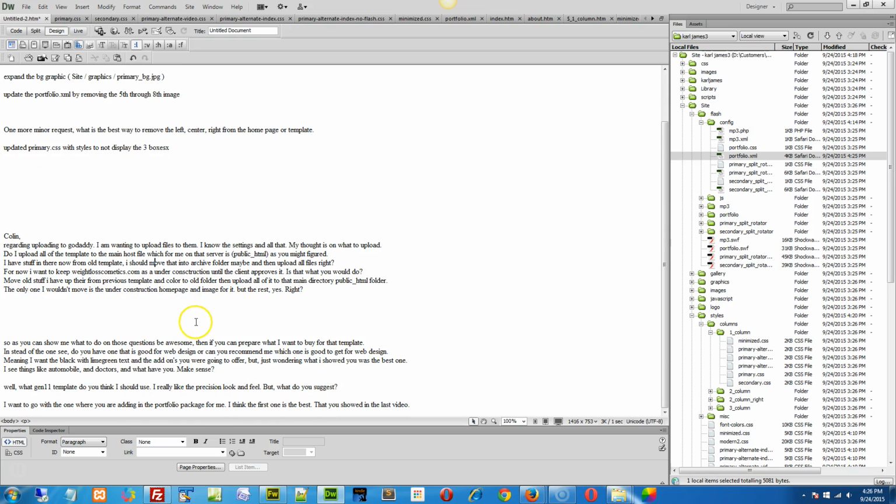GoDaddy, you've already got the hosting thing figured out. What template? Now, I love Precision, but if you're going to do this for yourself, and if the portfolio is the most important thing, go with the Blacktop. It's one of our more recent ones, and the reason for that is even the base package, the $29 package, the index page itself is designed to be a website all on its own, right? Because the Blacktop